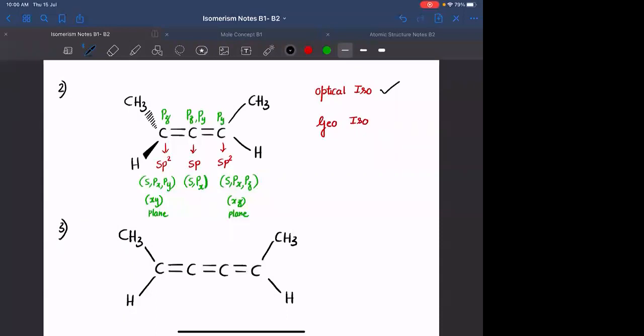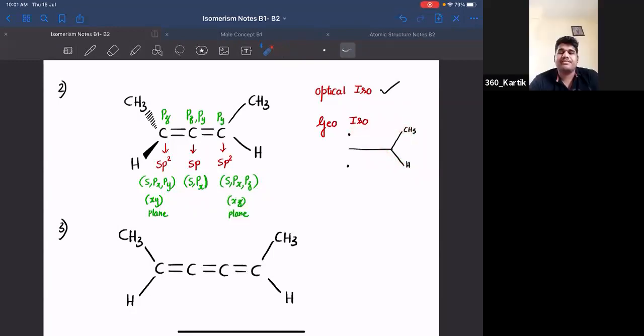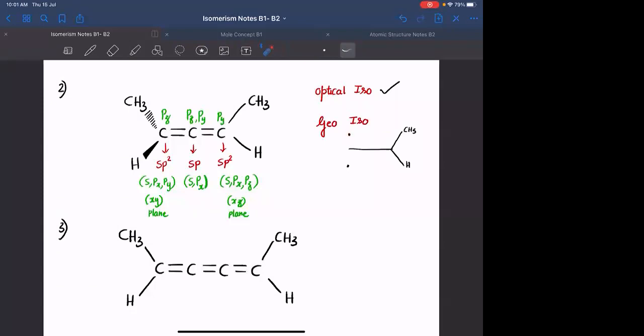अभी आपको कैसा है? You are having, once again, everyone try to understand this. You are having two groups here. यहाँ पे CH3 है, यहाँ पे हाइड्रोजन है. One of the CH3 is going above and hydrogen is going below. So the distance of this, treat these two as two ends of the book. The distance of these two from this particular point are same. Agreed? Yes, sir. Okay.